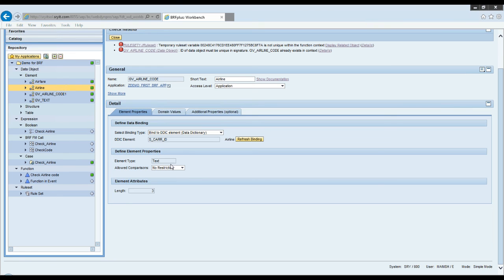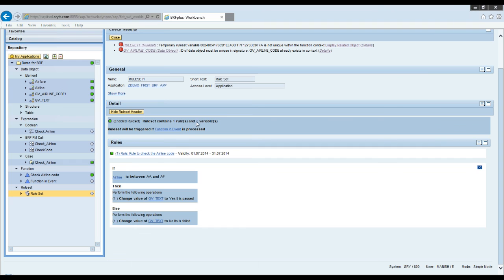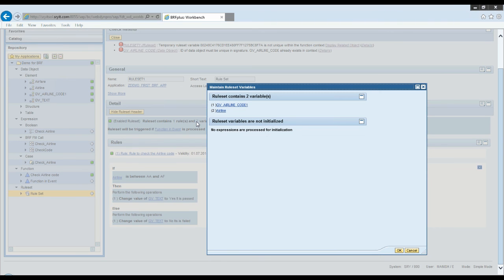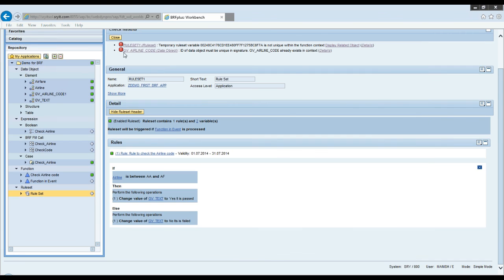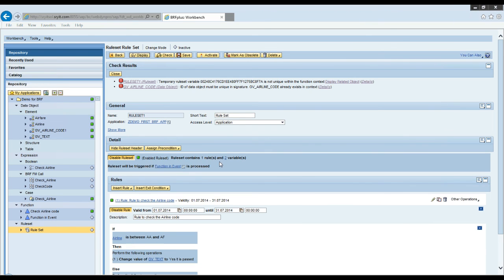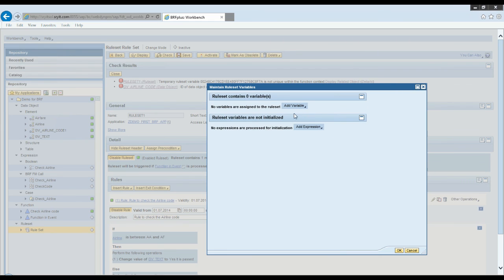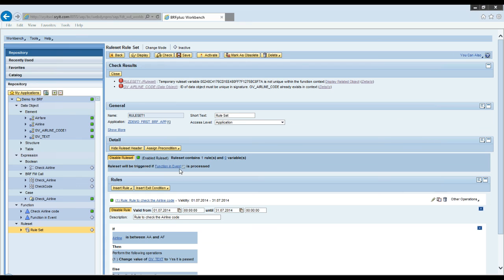Let me go back to rule set. So rule header. We have defined two variables within the rule. Already you have function variables available. This airline code is already available. So we should remove it from here. Let's go to edit mode. From here, I just delete this airline code. This one also. Already we have variables in the function available. We don't need the local variables as part of rule set. So I don't have any variable now. All the variables are coming from function context.